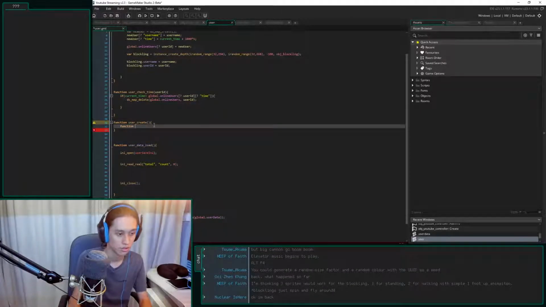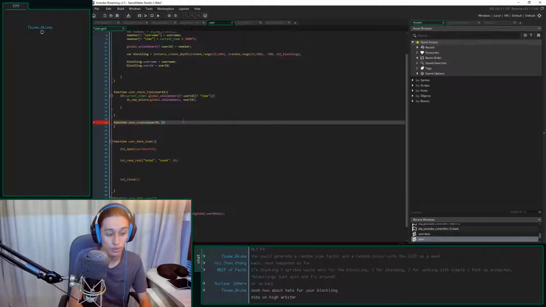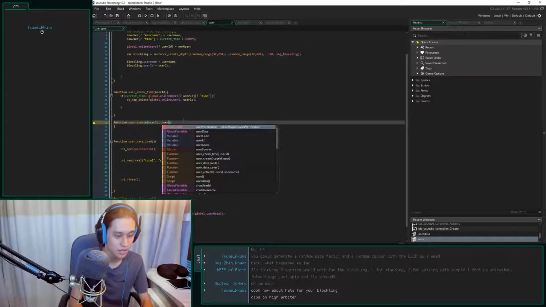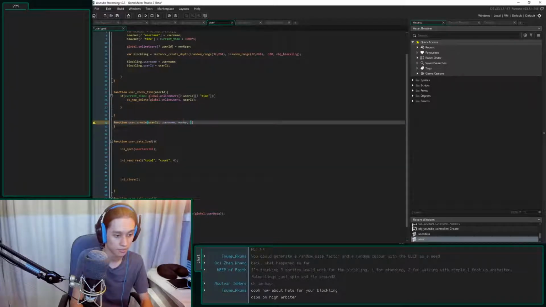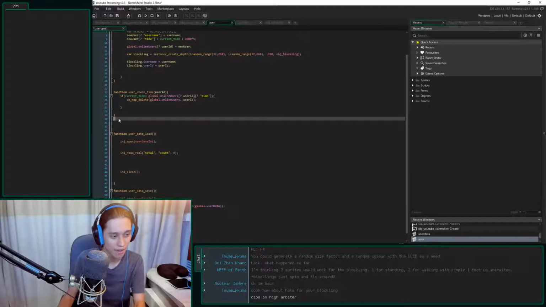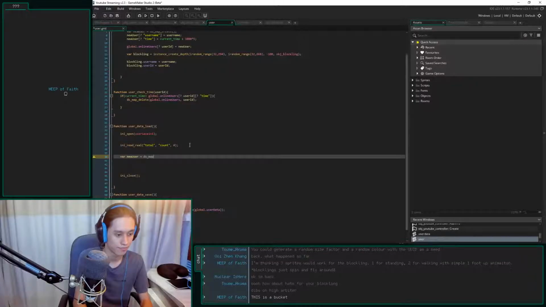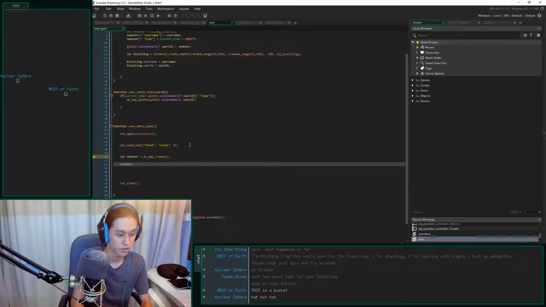Function. So actually, yeah, let's do user create. This is going to be a user ID. How about hats? Ooh, hats. Yes, TF2 hats. User ID, username, money. You know what? Forget that. Forget an actual function to do this. We're just going to go ahead and var new user equals ds_map_create. And then new user ID equals the user ID, which we will get somehow.